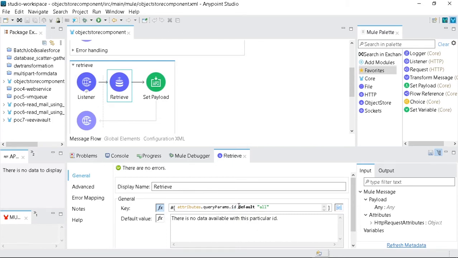And here I have also provided the default value as well. In case there is not any value, then it will take the key name as all. So these are all the things. I have also provided a default value.